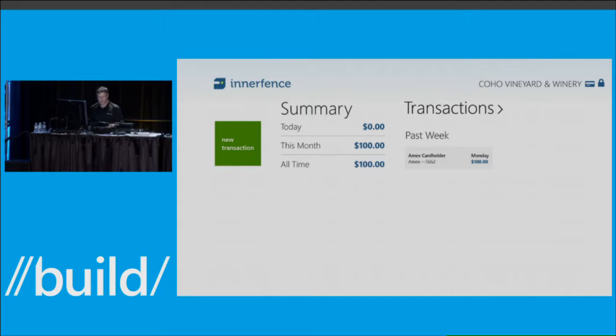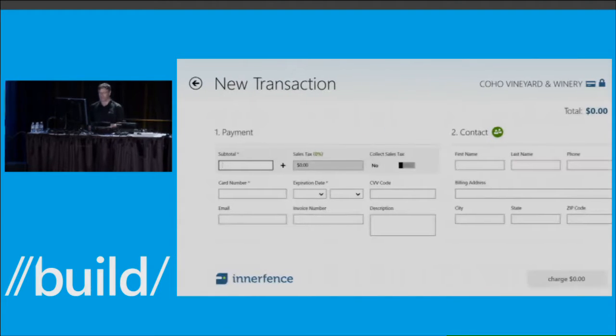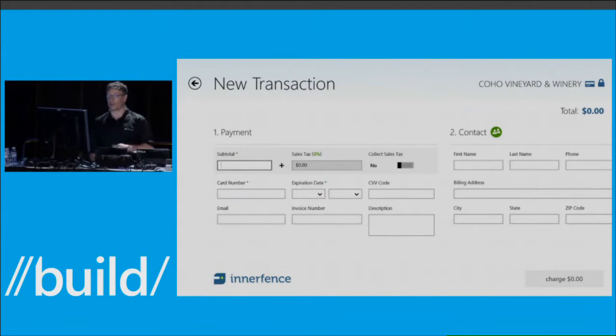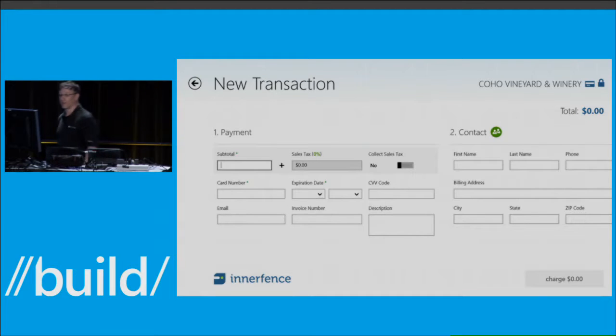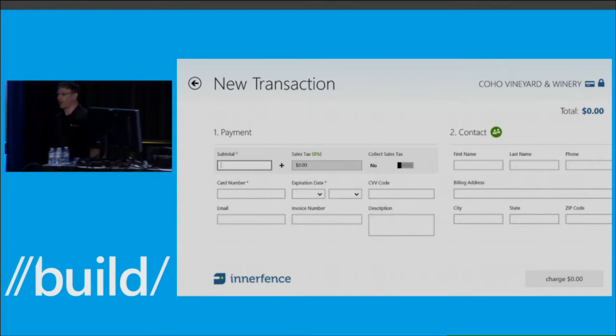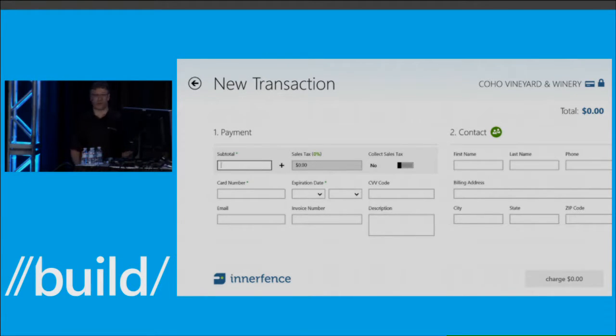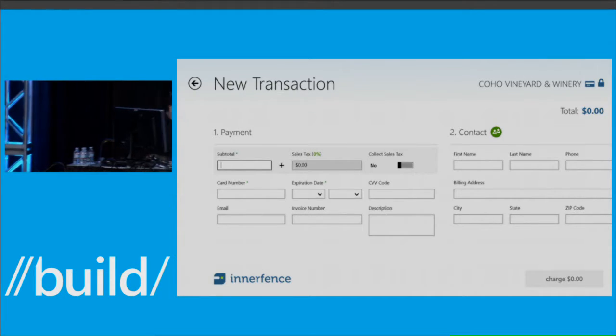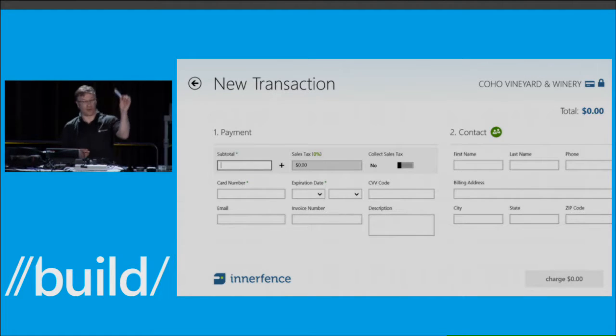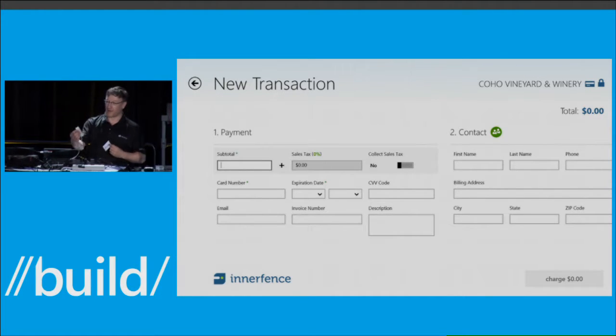Okay, so within this application, I have the ability to create a new transaction. One of the things that I need here is a credit card to swipe. Obviously, we're going to be doing some kind of transaction here. So if anybody has a credit card they'd like to donate for this demo. No takers? Okay, fine. All right, so I've got a credit card here, and I've got a magnetic stripe reader